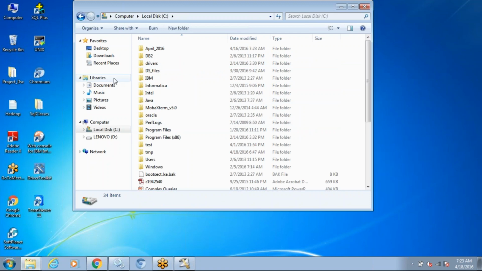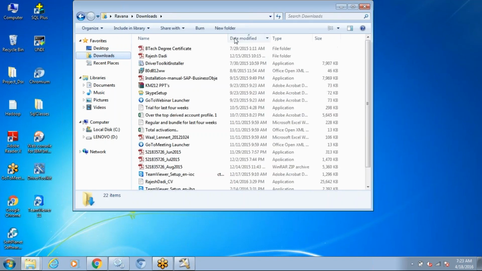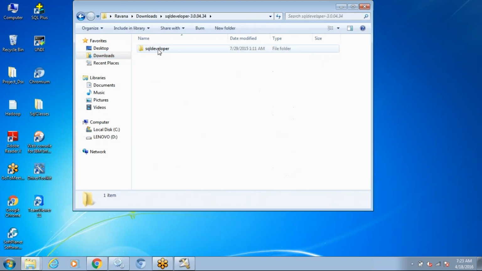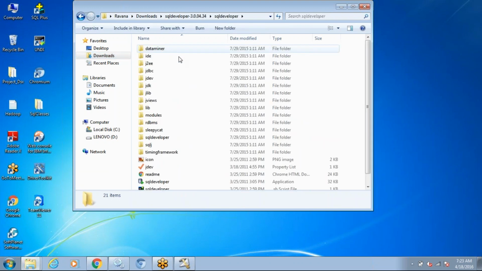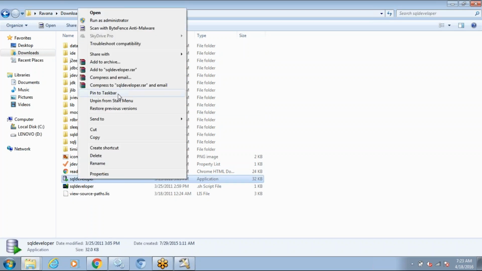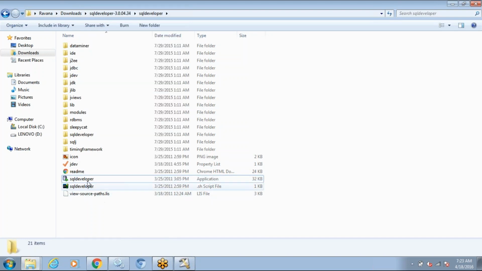Where is that SQL? Yeah, see, like this one zip file will come. You extract the zip and this folder will come. Double click on this folder and go into the folder. These are the items which will be available in your folder also. Now if you see this SQL Developer button, right click and pin to the taskbar or start menu. I have already pinned, that's why it shows unpin. If you don't pin, then pin to start menu also. So pin it, then double click on this. When you double click,